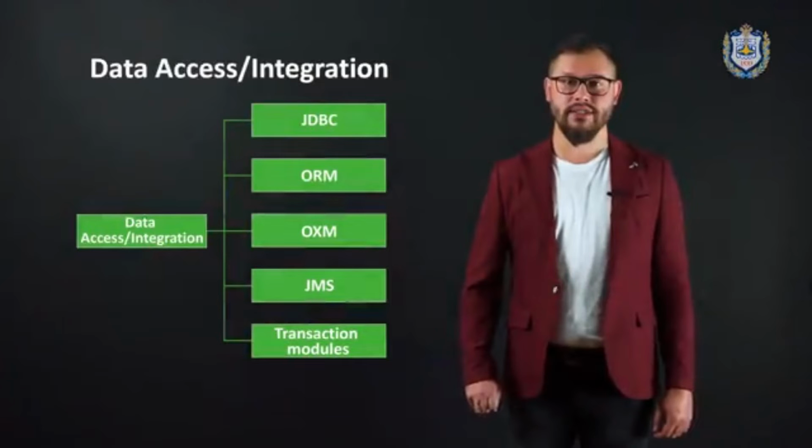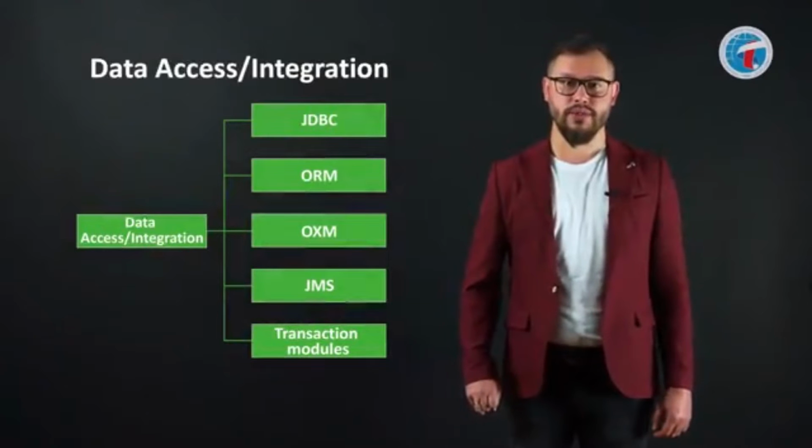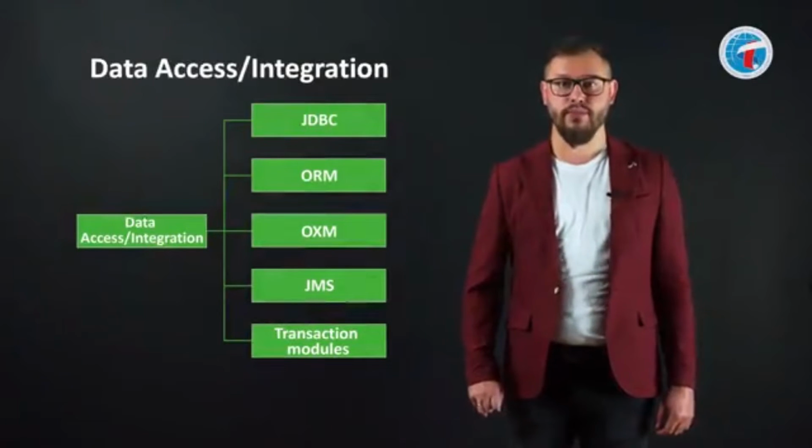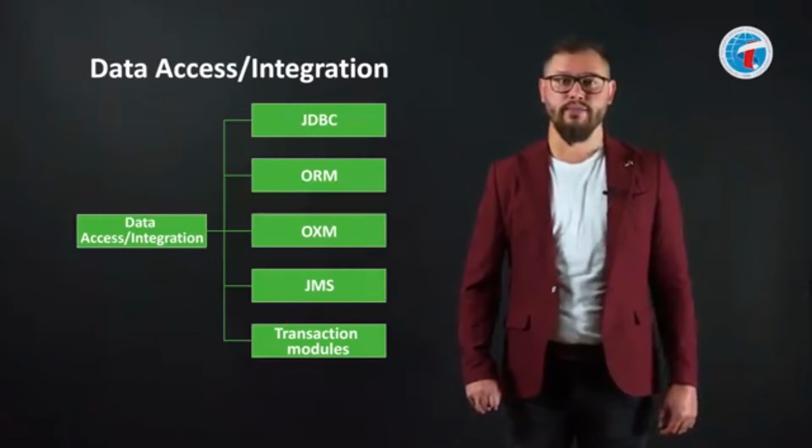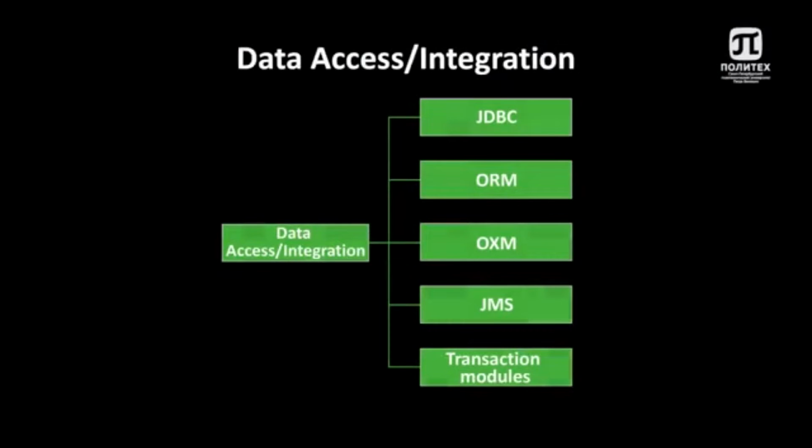The data access integration layer consists of JDBC, ORM, OXM, JMS, and transaction modules. The Spring JDBC module provides a JDBC abstraction layer that removes the need to do tedious JDBC coding and parsing of database vendor-specific error codes. The Spring TX module supports programmatic and declarative transaction management for classes that implement special interfaces and for all your POJOs,